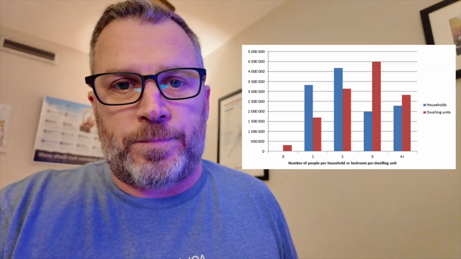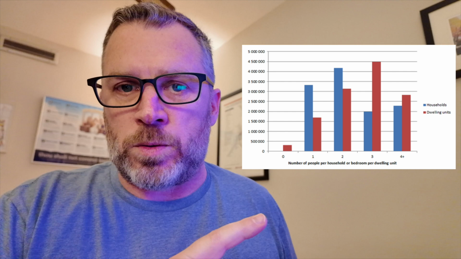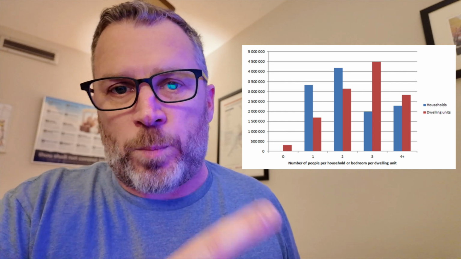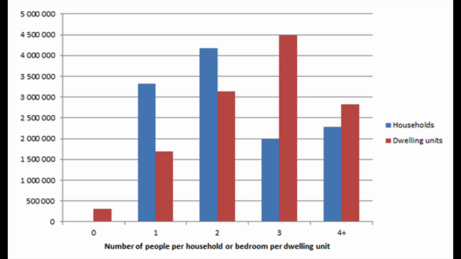But it's not the only problem, and it's not even the biggest problem when it comes to total housing supply. In this graph, you can see the blue bars showing the number of people per household. So the number of one-person households, two-person households, three-person households, etc. The red bars are showing the number of units available with a concurrent number of bedrooms. So, for example, one-person household, one bedroom, two-person household, two bedroom, etc., etc. It's pretty clear that there are way too many 3 and 4 bedroom units and not enough 1 and 2